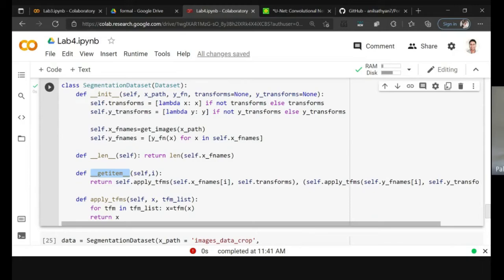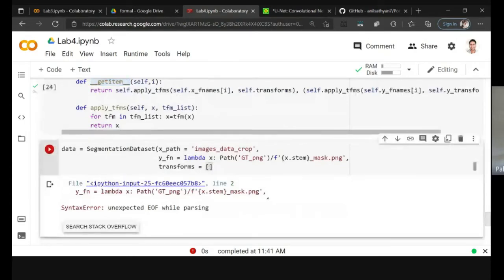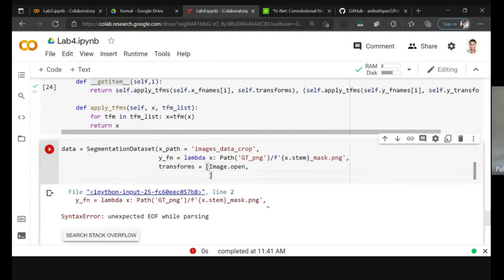So why save images in the data set class, right? Why not simply save the location of the file, and you can apply the transform. You need to first convert it into an image and then convert it into a tensor. You can do that in the dunder get item method itself. So the first thing that you need to do is to first convert the path of the file into an image, and that needs to be converted into a tensor. So that's as simple as image.open followed by